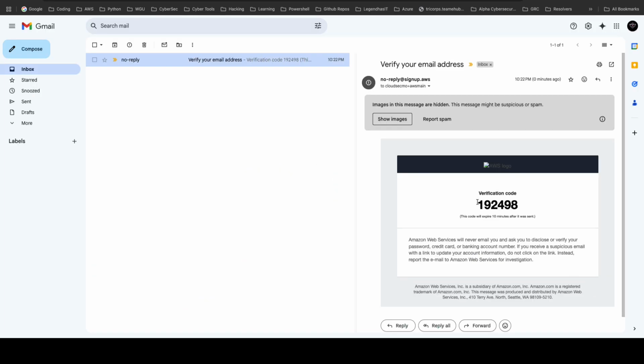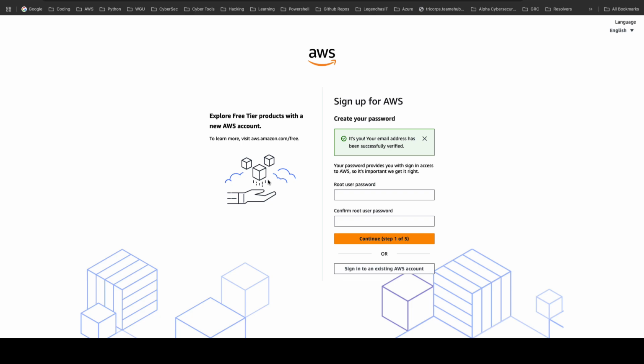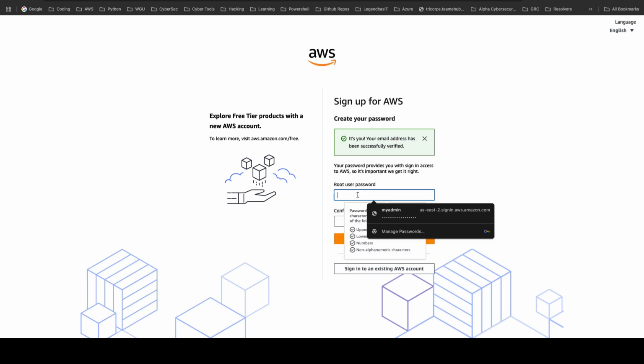Guess I didn't copy it. Get the verification token, go back to the console, enter the verification token and verify. Now, email has been verified successfully. Now we're going to create a password